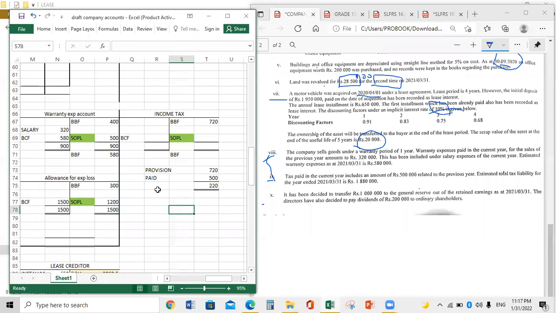Guys, when you find out over or under, here is an easy way to remember. You check the provision. If the provision is higher than the paid amount, it's over. If the provision is less than the paid amount, it's under. Simple as that. Now the provision is higher than the paid amount, so we say over provision. If the provision is lower than the paid amount, we say under provision. So guys, there is an over provision of